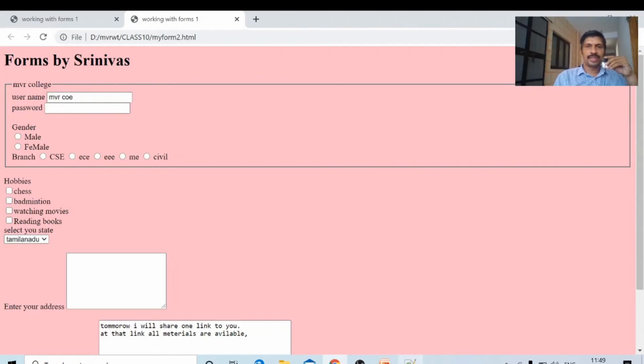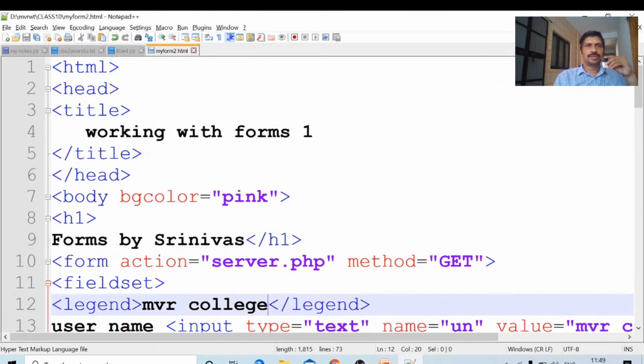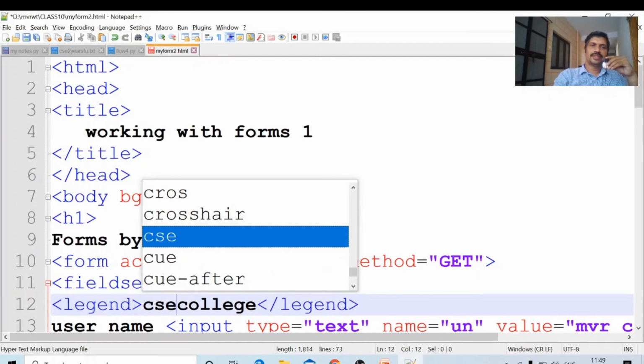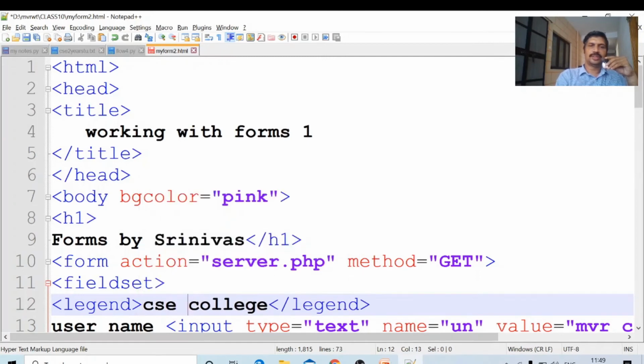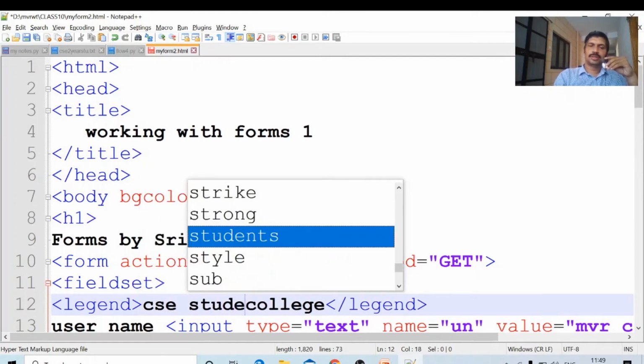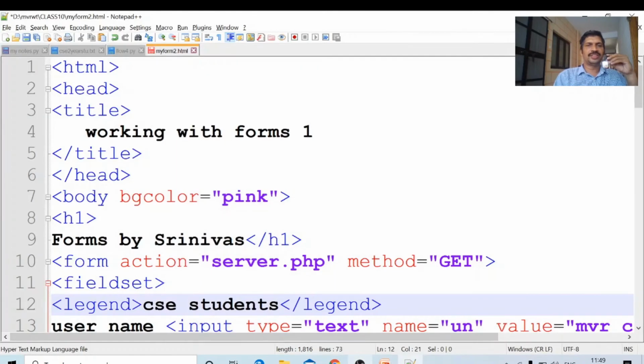Suppose I do not want MVR college, I want to get CSC students. CSC students. Okay, the legend element has to be placed within the fieldset, we have to place this one.